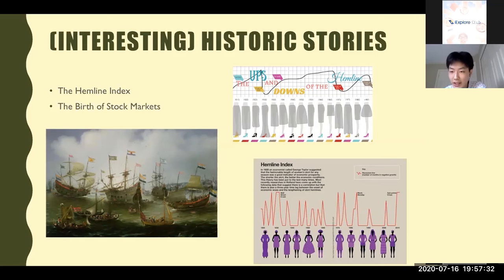But on the other hand, if the explorer succeeded and found something valuable, then this profit is being shared among all the shareholders. So everyone gets the treasures. So this is a solution with a lot less risk, and more people were willing to do this, to the point that it became a market itself. And this is how the stock markets came into existence in the world.